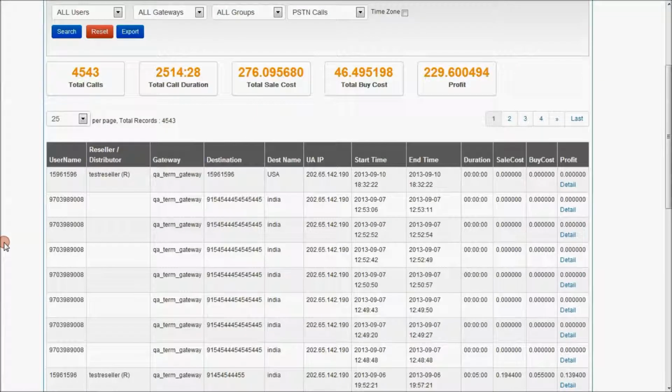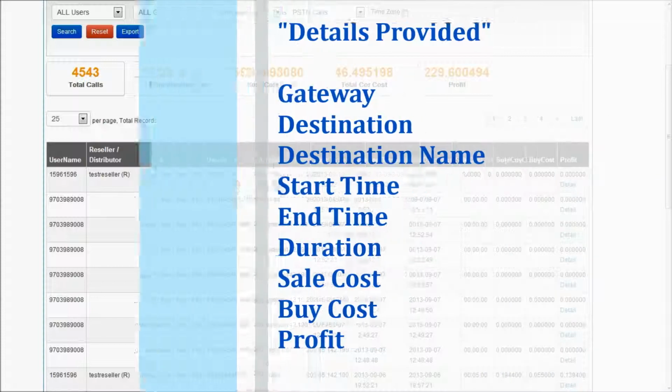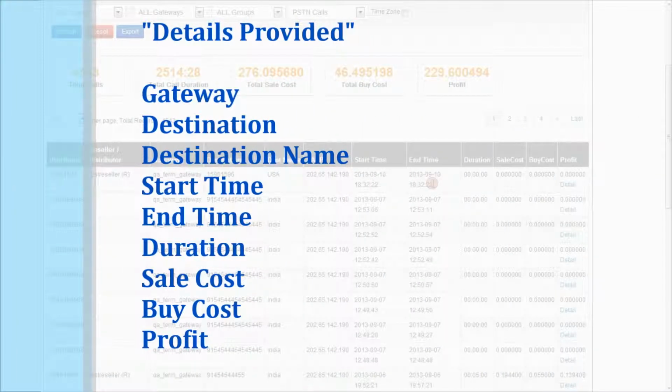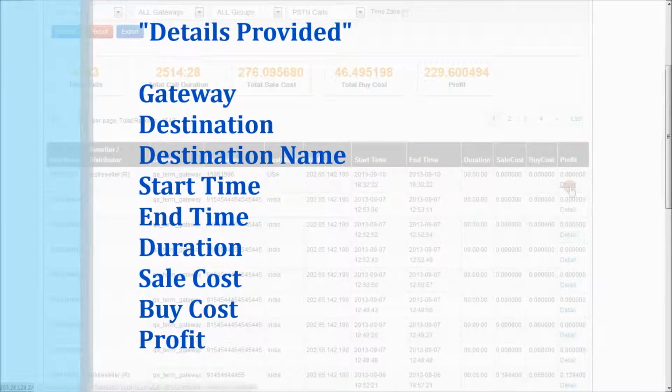For subscriber calls initiated from a reseller created under the admin, the reseller name will be displayed and the username of the user who initiated the call, and the start time and end time, the sale cost, duration, buy cost and the detail will be displayed.